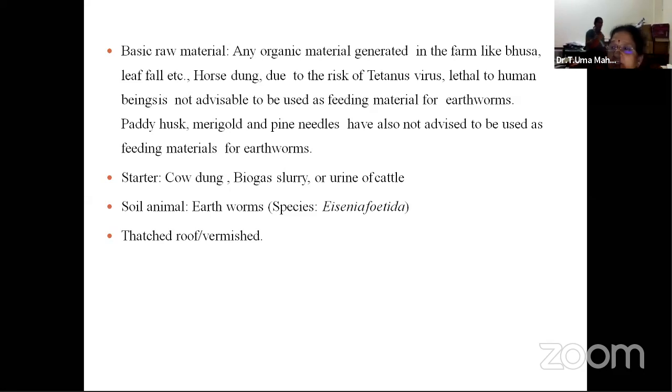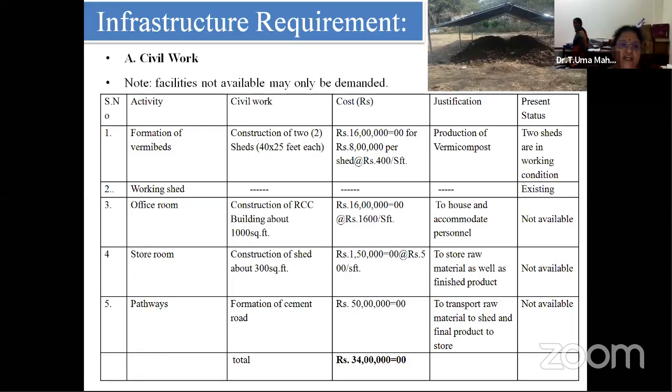But what are the facilities we need? If you talk about the first facility, number one is the formation of a shed. We always need a shed which provides shade for the production unit. The shade should be there to protect from rain as well as from the sun. These two are the important points we have to remember whenever we go for it.